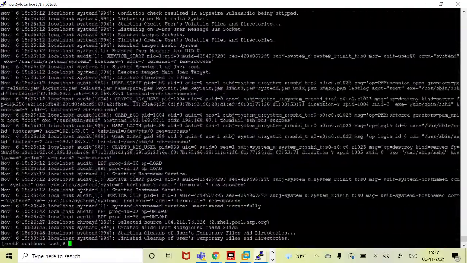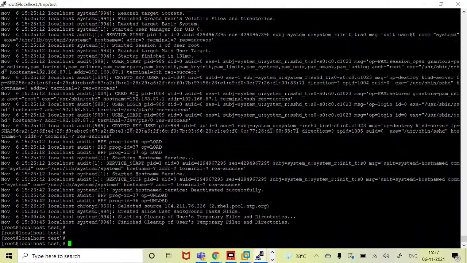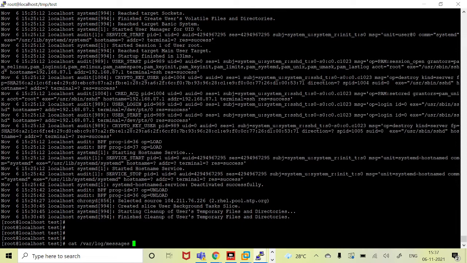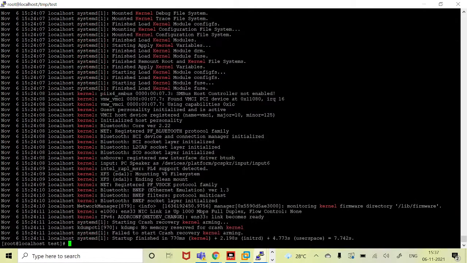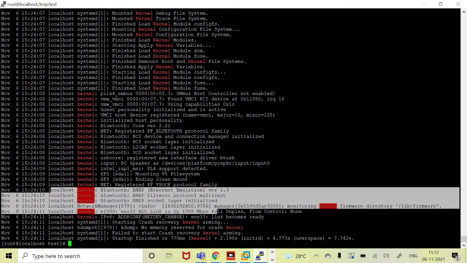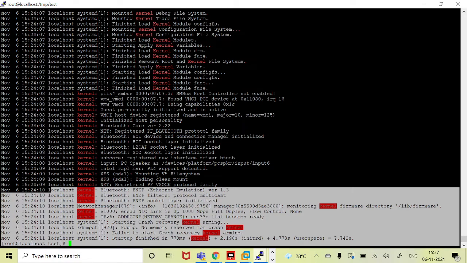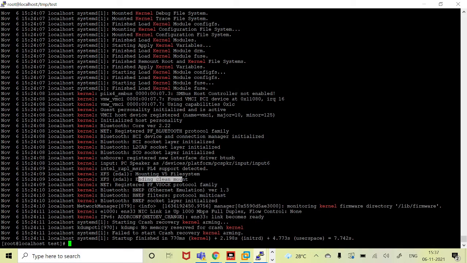Message logs look like they have a lot of contents inside. As a system admin, you should first look at the kernel messages, which is the primary priority for any system admin, so that if there are any issues reported at the OS level, you should be easily able to identify them. There is no alarming alert on the server. Those are all pretty straightforward with regard to the operating system.